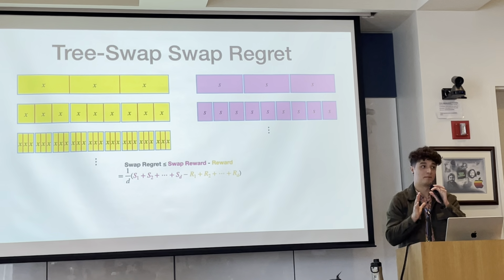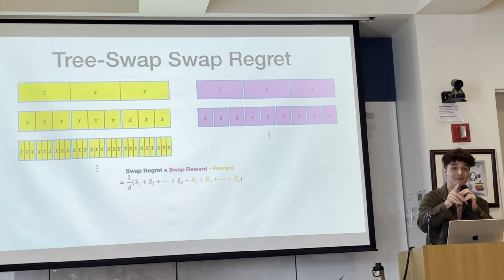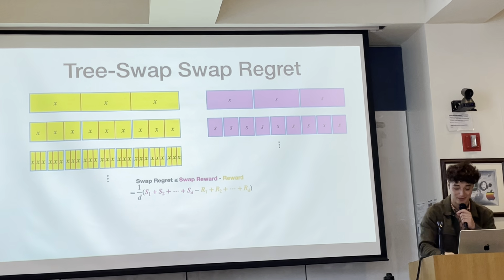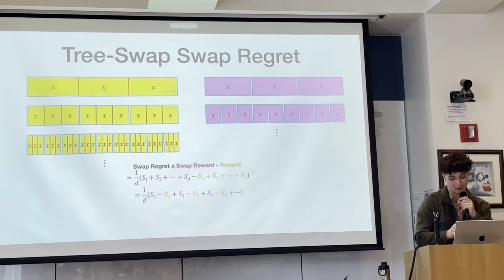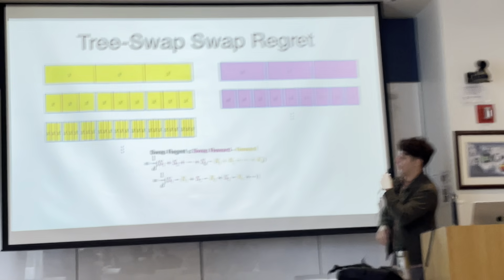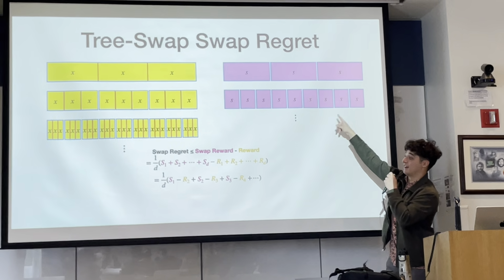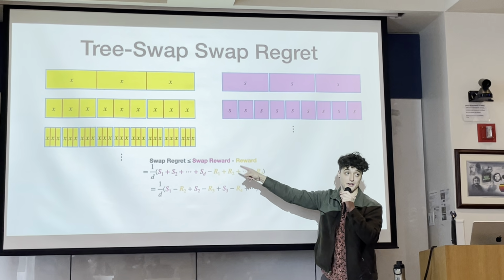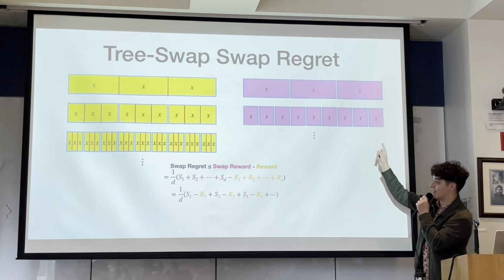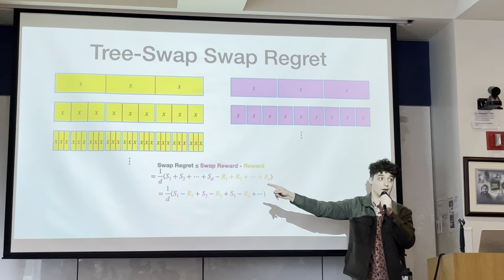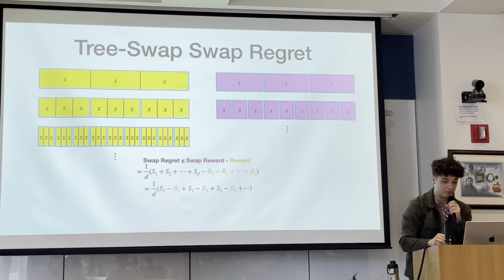And this sum is going to telescope in a very nice way, a very exciting way. We can rearrange it like this, okay? So we're going to compare the reward of the first layer here to the second layer here. We're going to compare the reward of the second layer here to the third layer there, etc. Let's see what happens when we do this.